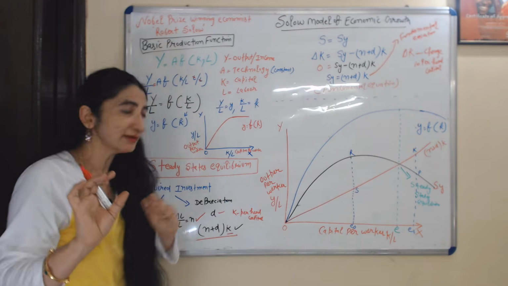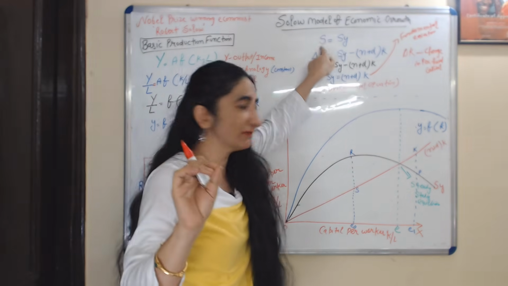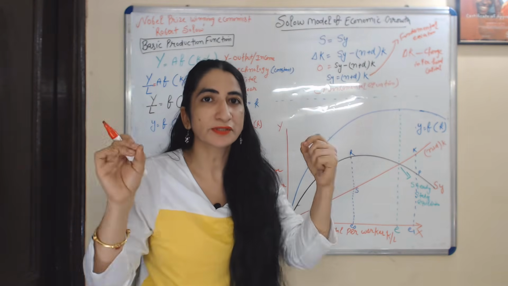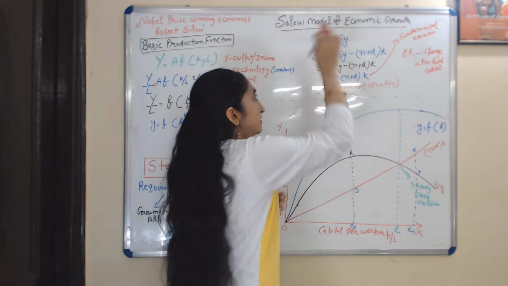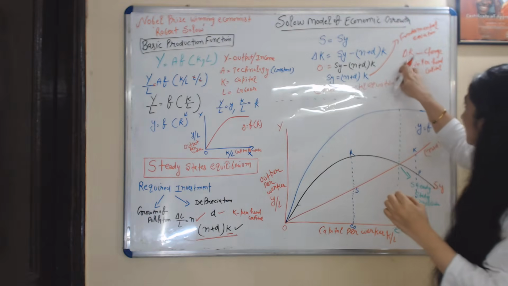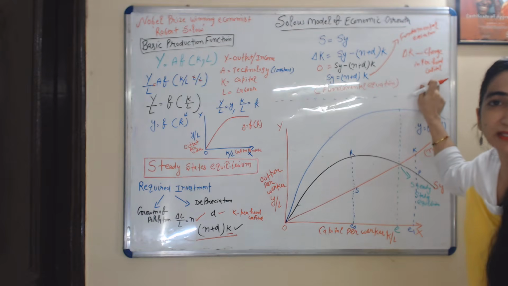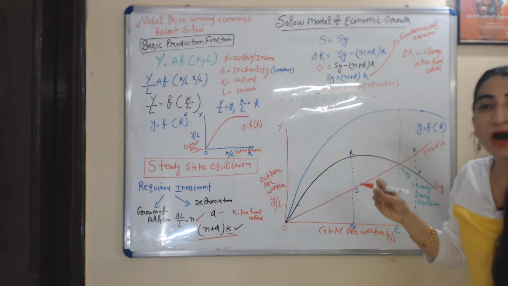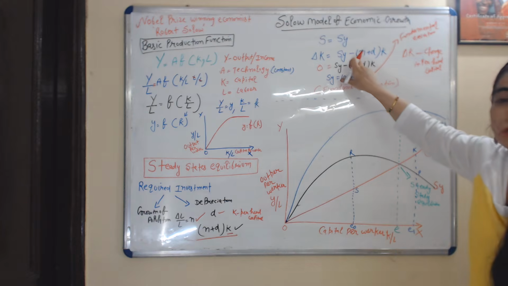Now we talk about saving. s is the saving rate and Y is income. In the Solow model, Solow says that saving is a part of national income. That's why saving is equal to sY. Delta k is equal to the change in per head capital. If you want to know how much the change in per head capital is, you need to subtract required investment from saving.